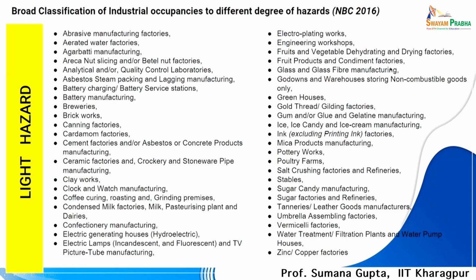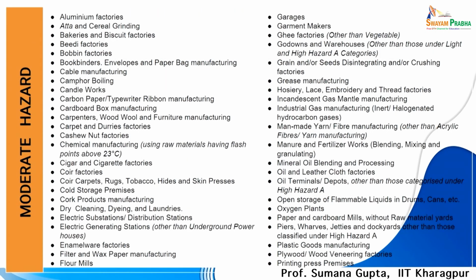These all come under light hazard, meaning the extent of hazard is low. Under the moderate hazard comes aluminium factory, atta and cereal factory, cashew nut factory, hosieries, oxygen plants, that also comes under moderate